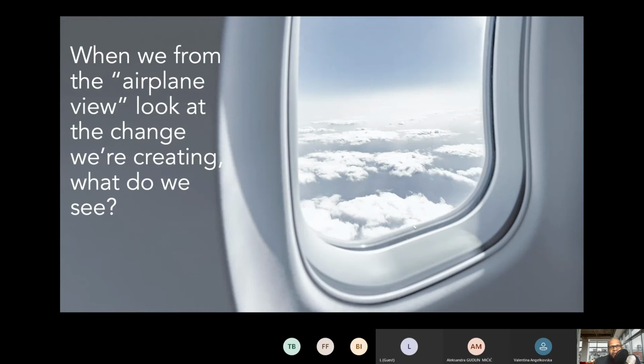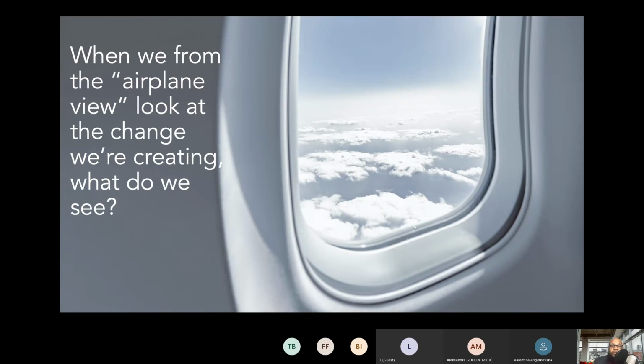When we look at what's happening from the airplane view, how many of you know that you can get so deep into what's taking place in your life? It's the details. Everywhere you turn, it's the details, right? How many of you know that it's really important to take a step or two back to do what I call the airplane view, which is really to look at it from a higher level